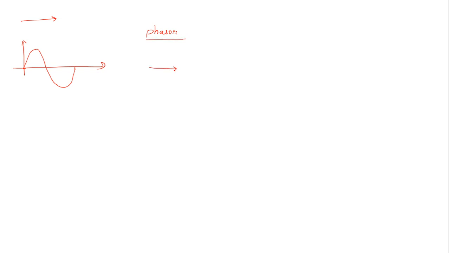A phasor is nothing but a rotating vector. It rotates in a counterclockwise direction with an angular velocity of omega radians per second. Why? Because the magnitude of the AC quantity is always changing as well as the direction is also reversing. So it cannot be represented using a vector which has a constant direction and constant magnitude. So that is why we have to represent an AC quantity with the help of a phasor.